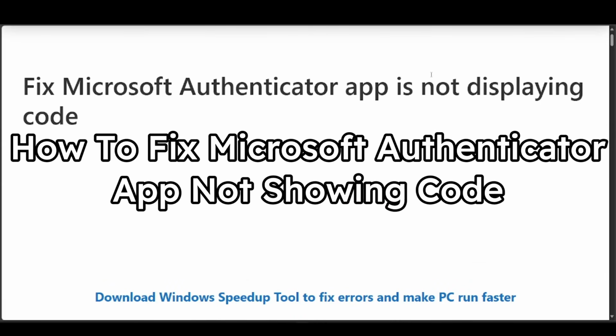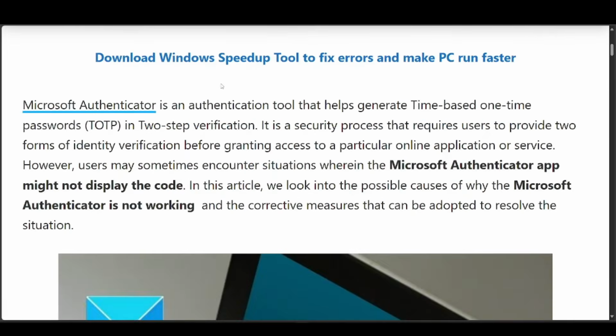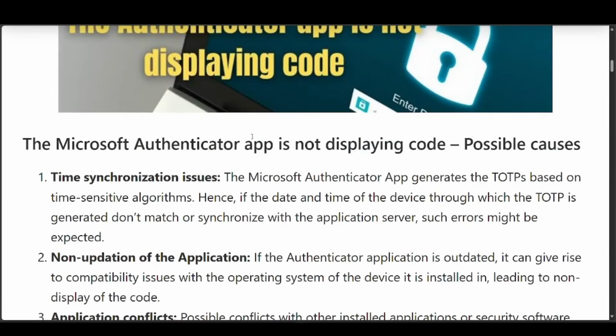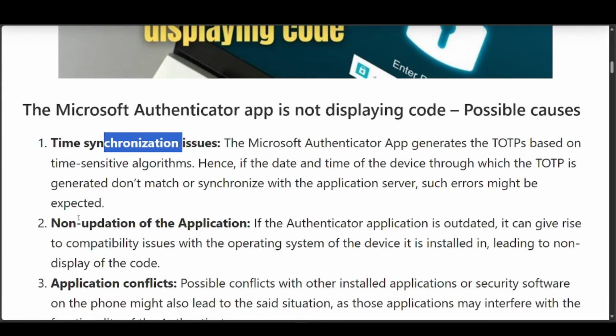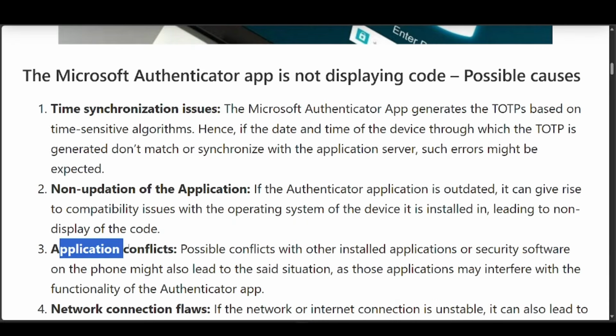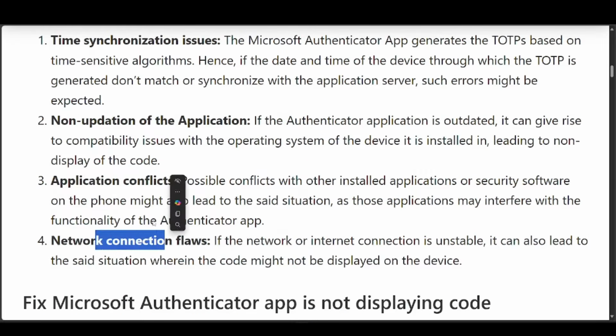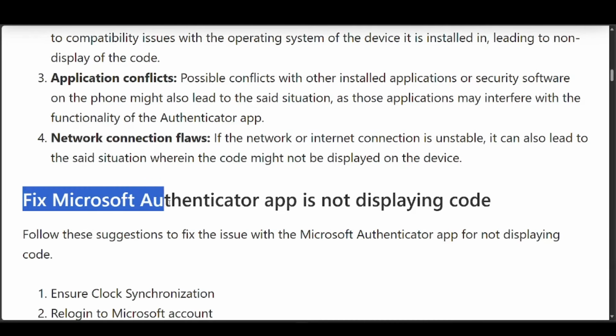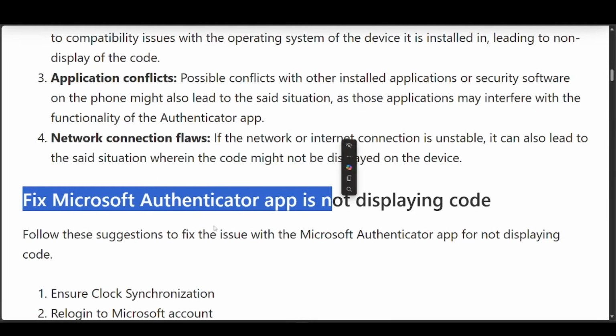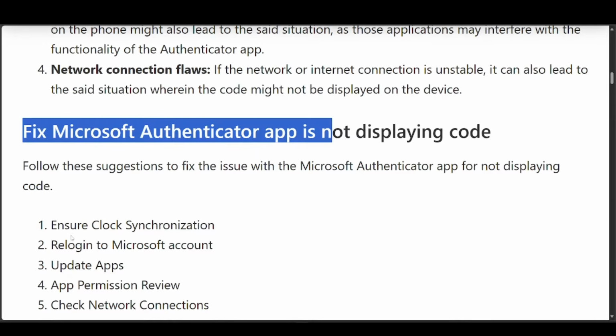How to fix Microsoft Authenticator app not showing code or not displaying the code. So over here, the Microsoft Authenticator app is not displaying code, so we have possible causes like time synchronization issues, non-updation of the application, conflicts, network connection flaws. So how you can fix the Microsoft Authenticator app not displaying code, you can follow these suggestions to fix the